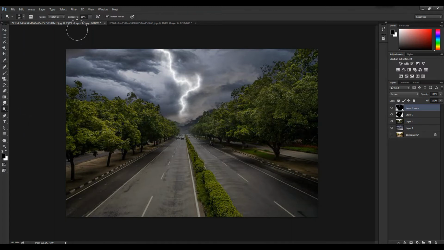You can use the dodge tool as well to add in some more lightning effects. The range and exposure can vary.